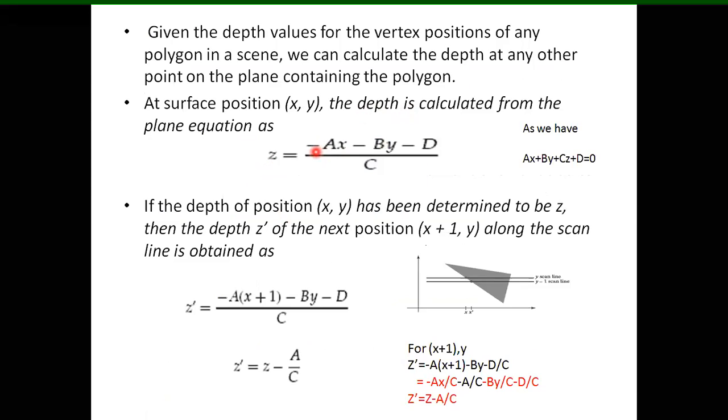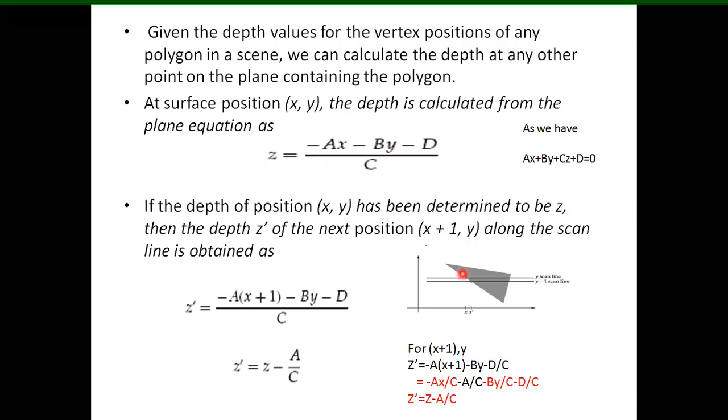Fine. So we know that any plane is represented by Ax + By + Cz + D = 0. We saw this in the backface algorithm, where x, y, z are the pixel position for a point. So now how do you calculate z? Ax + By + Cz + D = 0 means z value is equal to minus (Ax + By + D) divided by C. Fine, so I calculated the z value like this for the first pixel.